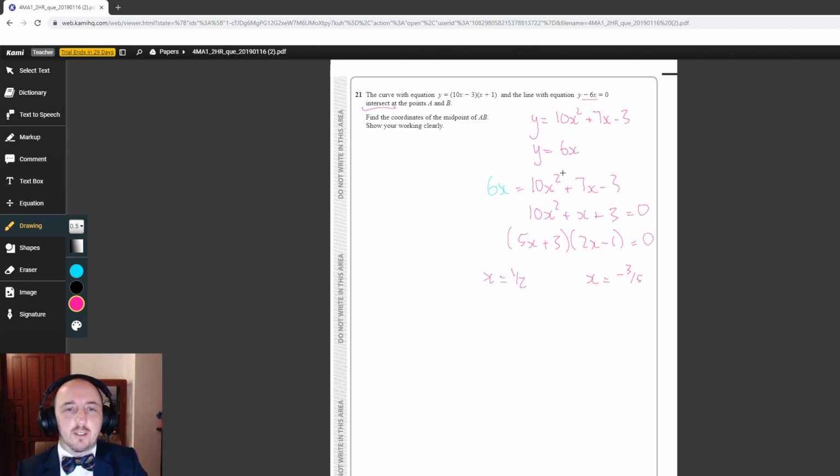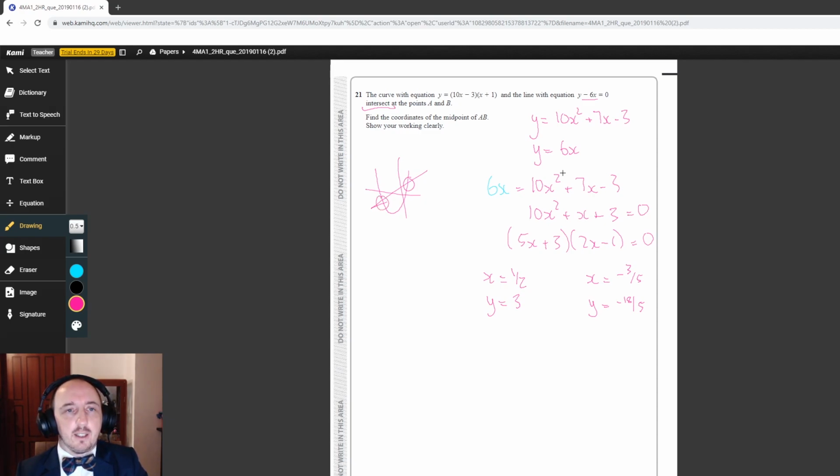The y values, we're going to do y equals 6x, so y equals 6 times a half is 3, and y equals 6 times that is minus 18/5. And we've now found where these two curves, this curve and this line intersect. So there and there,